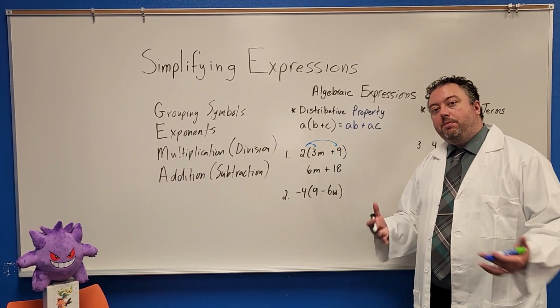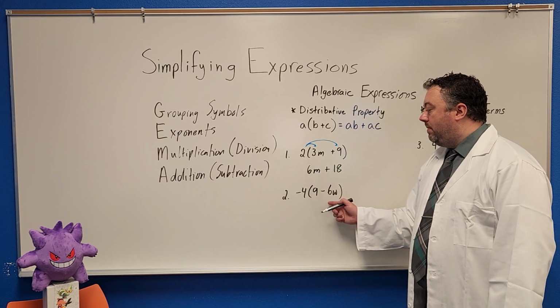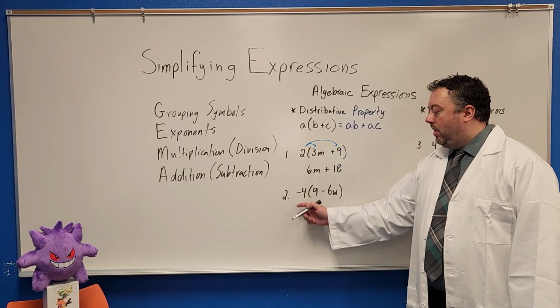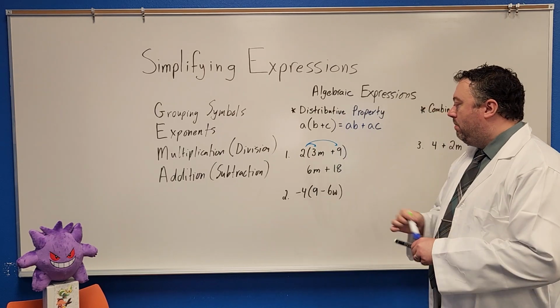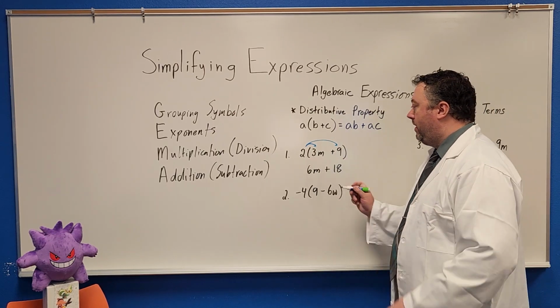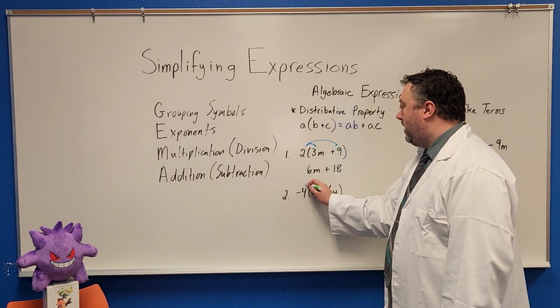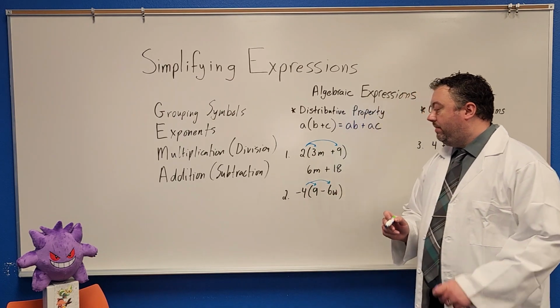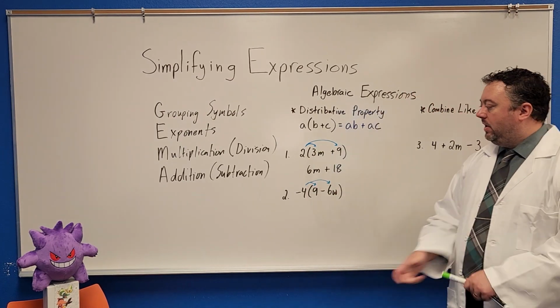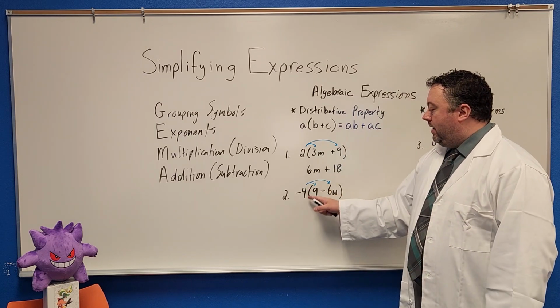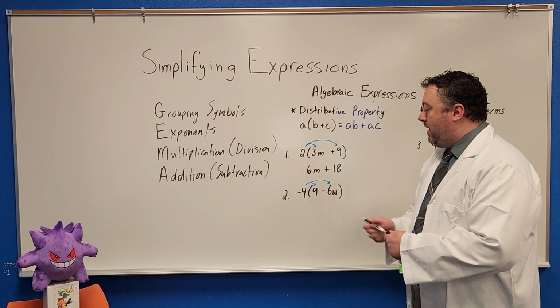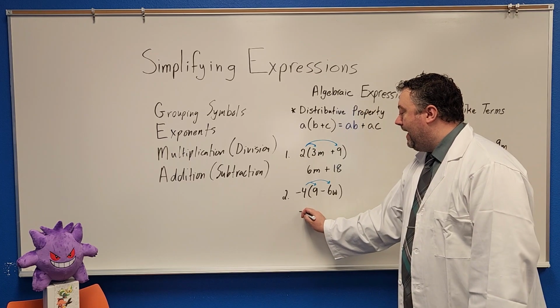Now, why do I bring up this positive? Well, because sometimes we can multiply with negative numbers. So when we have a negative 4 multiplied to this expression, the negative 4 is multiplied to both parts of the expression. Negative 4 times 9. Negative 4 times 9 makes a negative